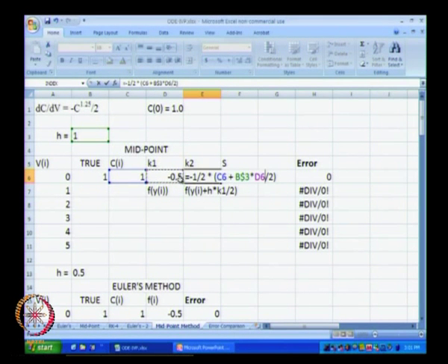Okay. So, this becomes our f computed at yi plus h times K1 divided by 2. This is yi, that means the value in this particular cell, plus h, this is the value in this cell, multiplied by K1, which is the value in this cell, divided by 2. Okay.